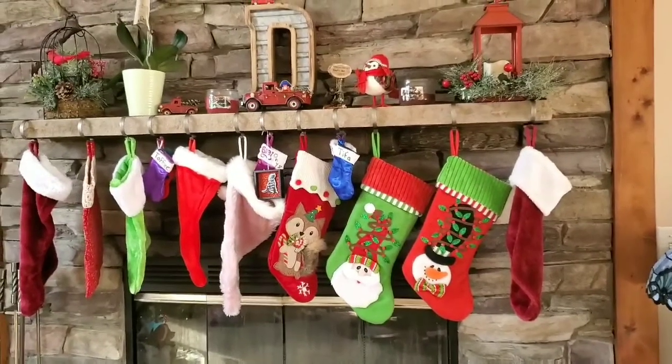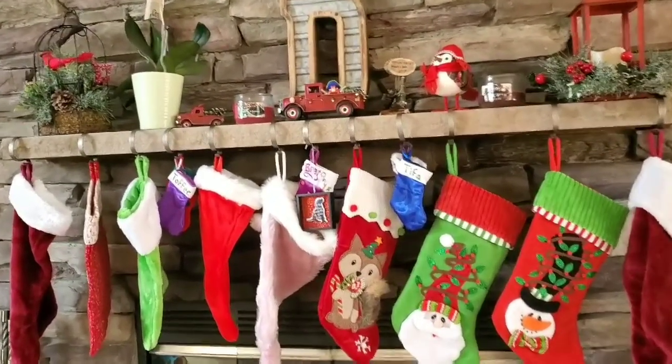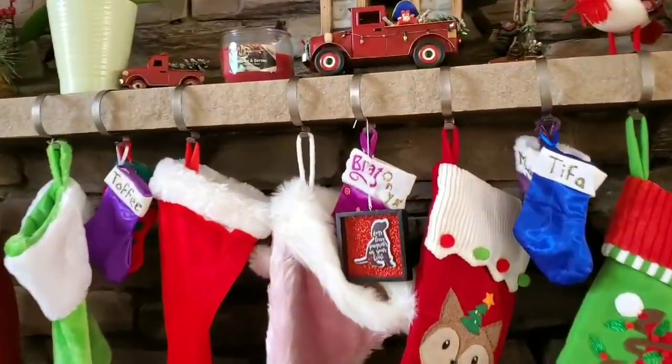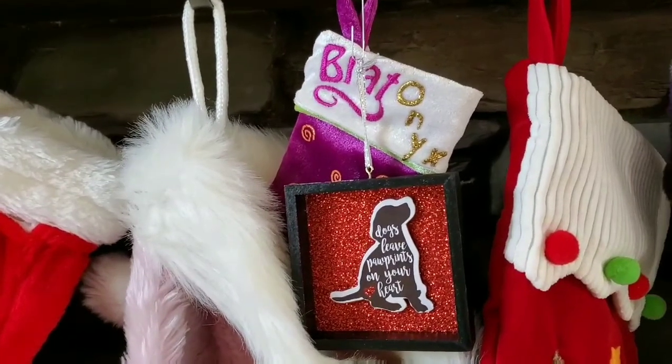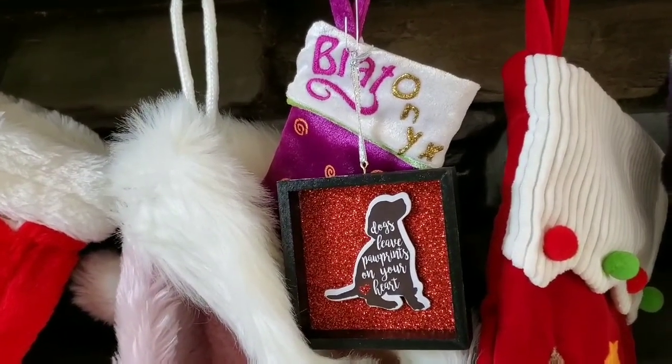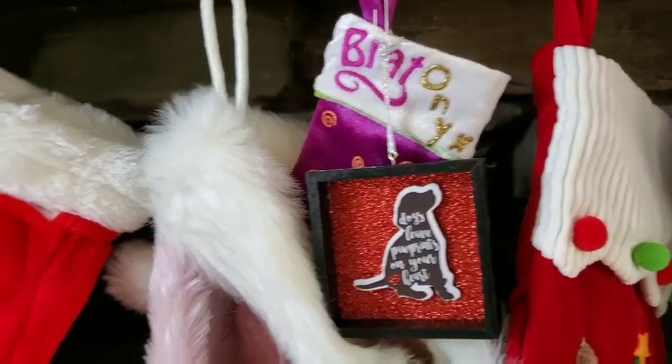So the stockings are up. The mantle is decorated. Here's Miss Onyx's stocking. And a little ornament for her. My heart will never be the same. Anyhow,